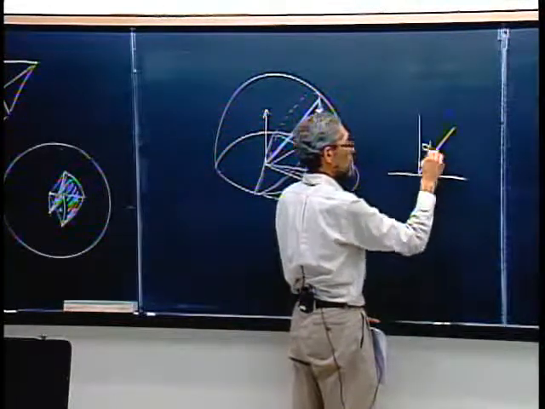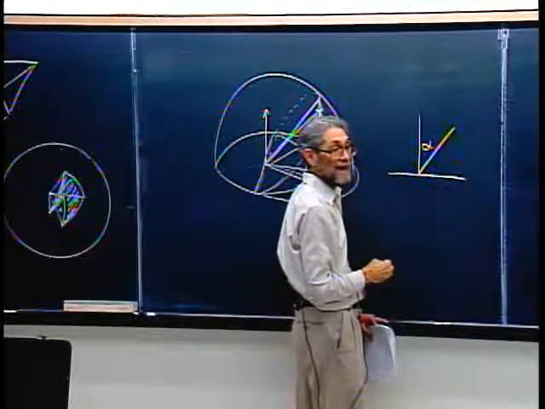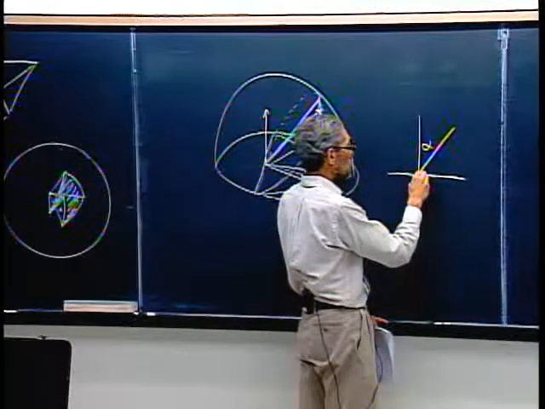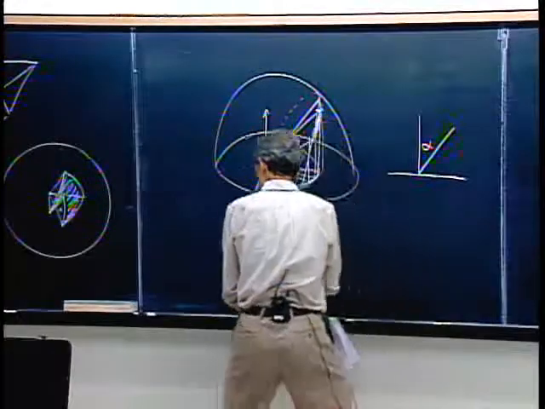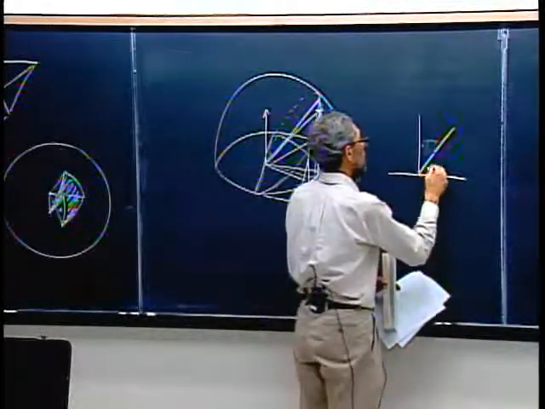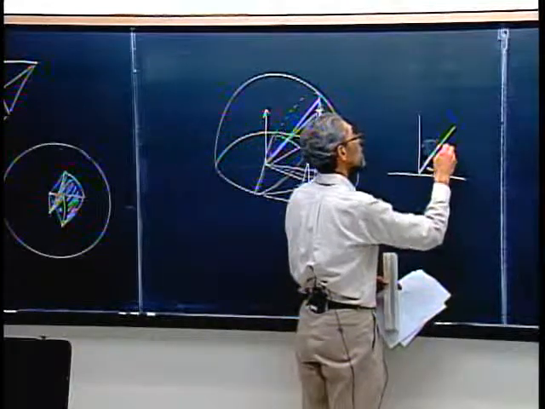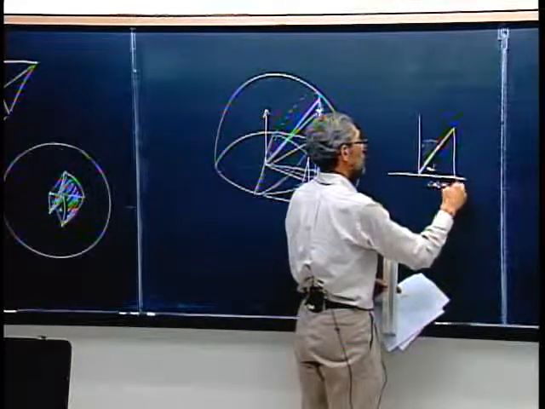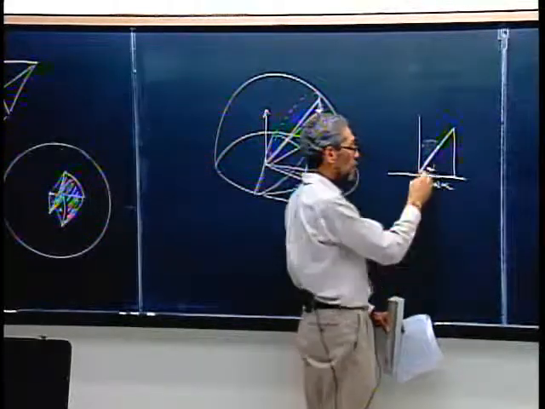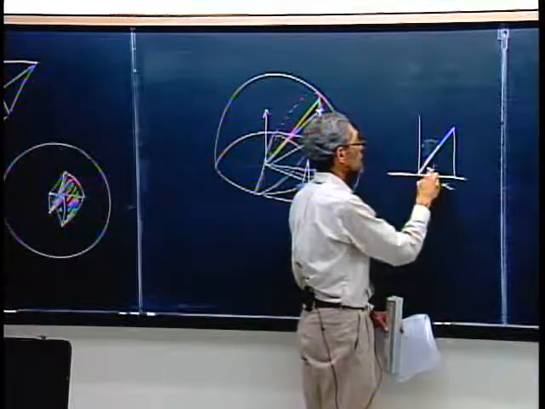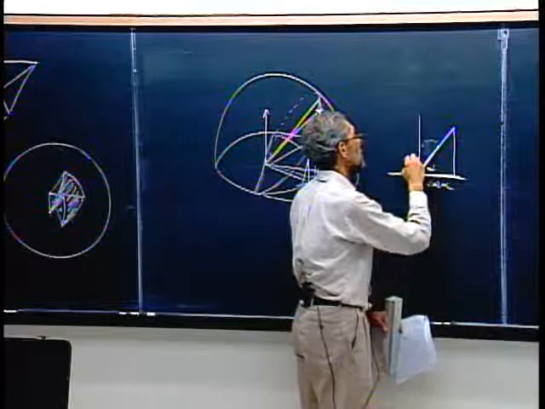Why don't I call it alpha? Right? And this angle, let's see, what we really want actually is this angle, right? Because we want cosine. If this is alpha, then any distances here project by cosine alpha, right? Where alpha is the angle between this plane and the horizontal plane,